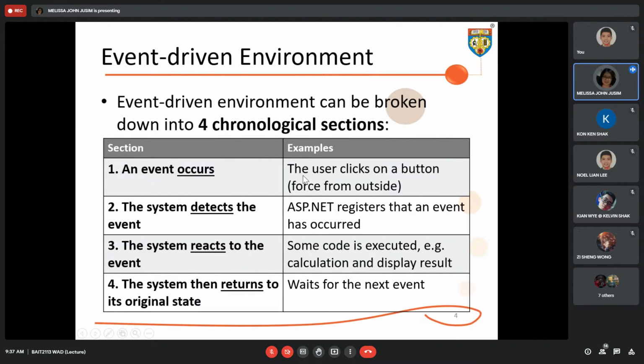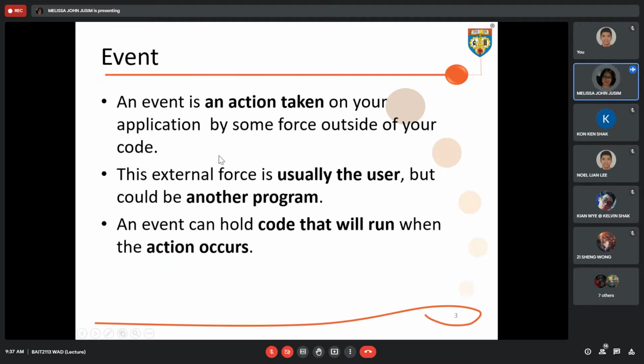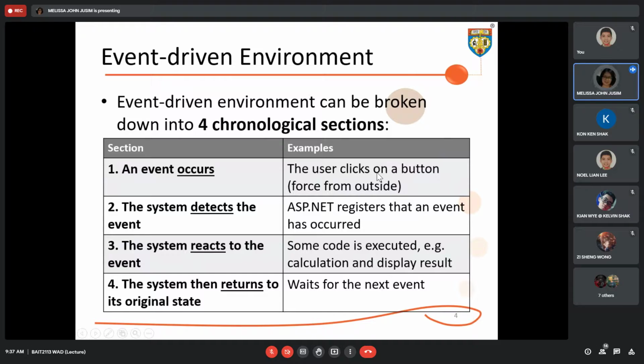For example, a user clicks on a button. If you refer to the previous slide, an action taken on your application by some force outside of your code. So when the user clicks on a button, this is an example of force from outside of your page.